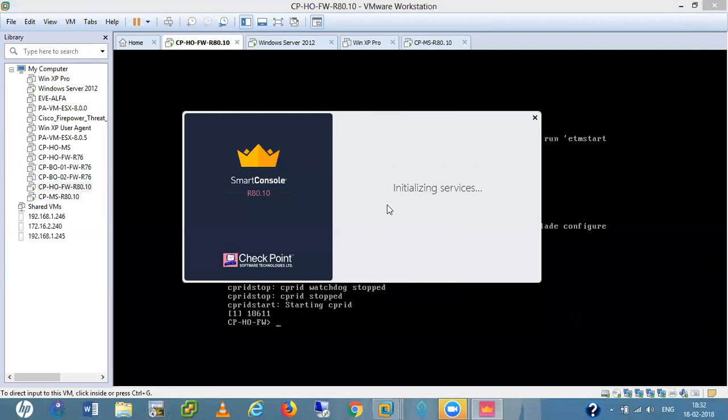Once again, check in. Right now you are doing management IP, this IP. Okay. Later, change this IP. Okay, I'll change, not an issue. So the thing is, after that, if you change the management IP address, you just save your config first. Okay. And if it is not connecting, that time you need to run the cpstop and cpstart process.